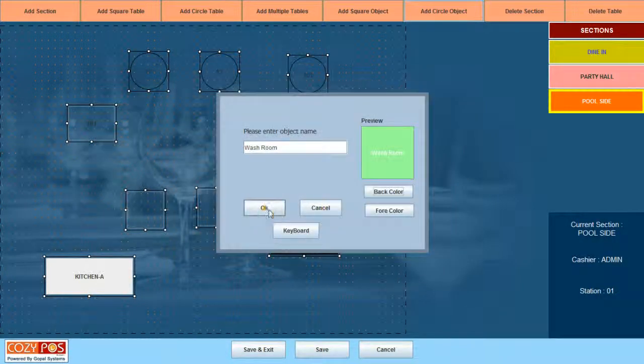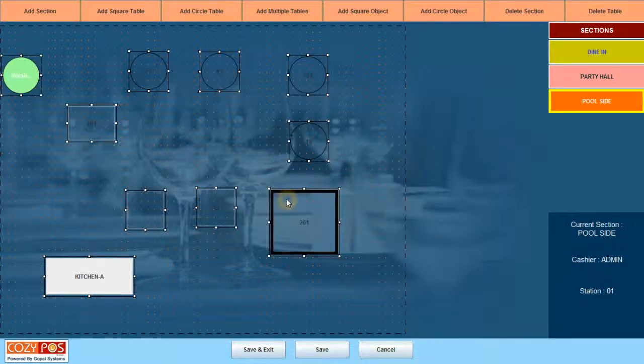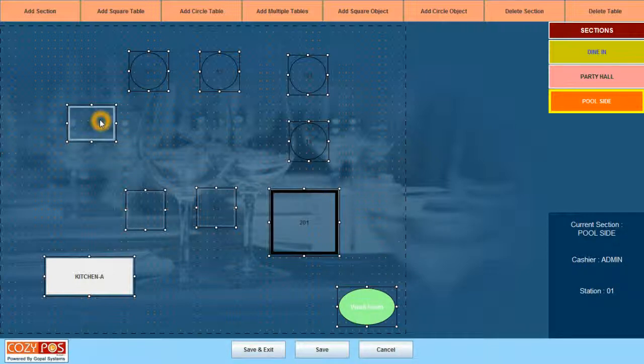Like this. We'll click on OK. This will again prompt for continue. Now here you will find, now we can move the object like this. So we have created square tables, square objects, circle tables, circle objects.